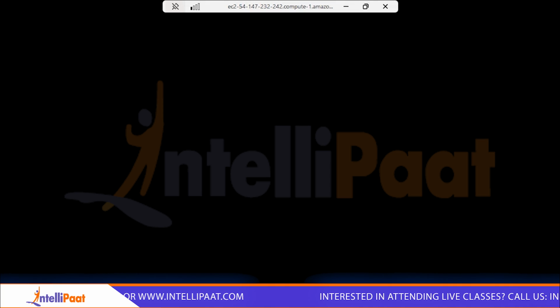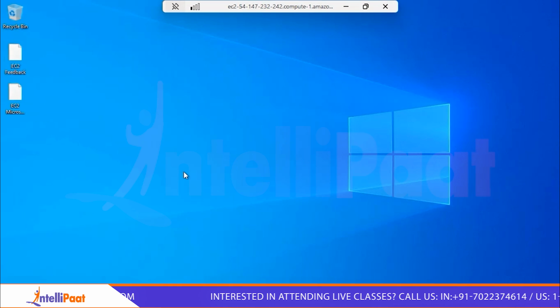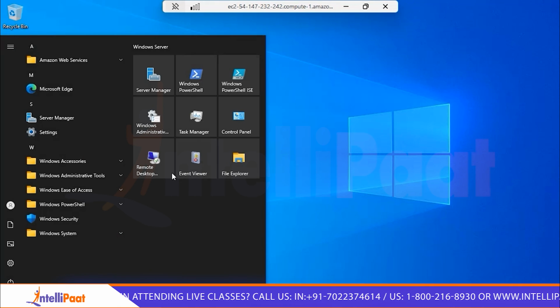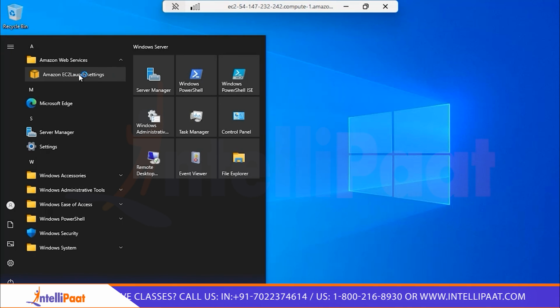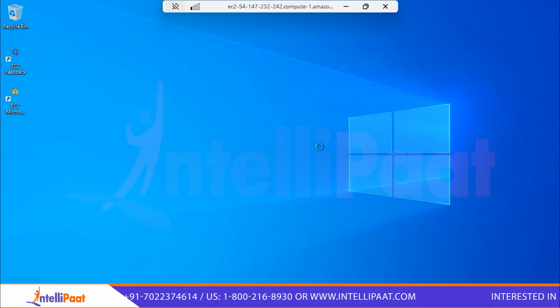So now you can see we have connected to our T2.micro Windows instance type. Now you might face a bit of lag when you're connecting for the first time because it is getting all its services and other processes up and running. So now you can see that we have connected to an Amazon Web Services EC2 instance launch. So I hope everyone is clear how to go ahead and create a Windows instance and connect to it using the